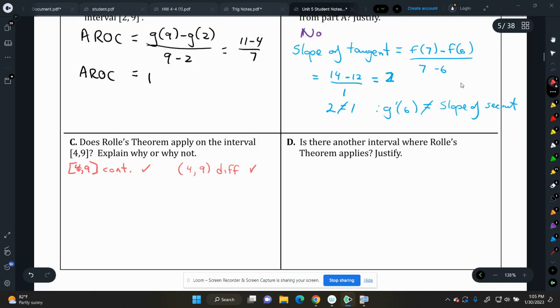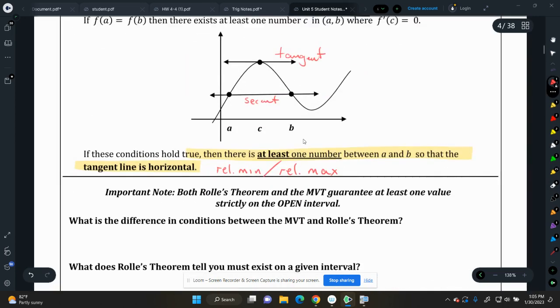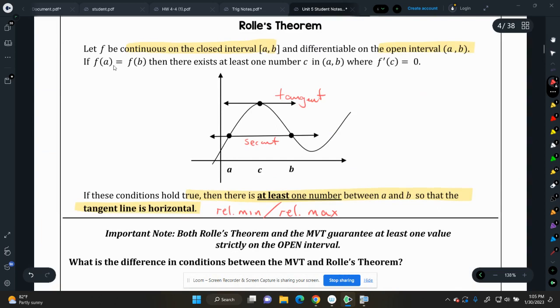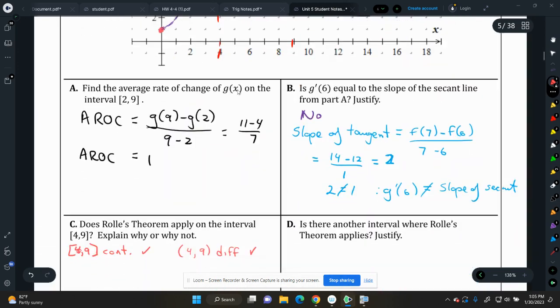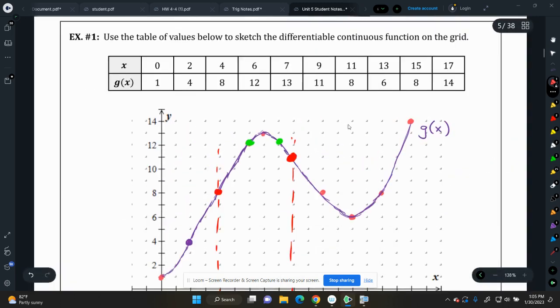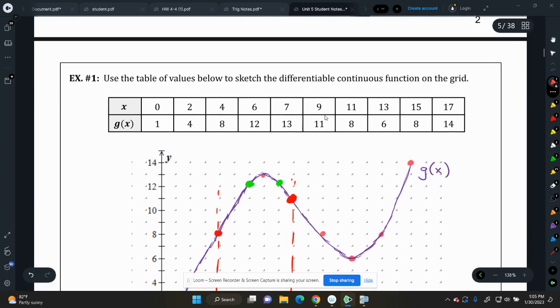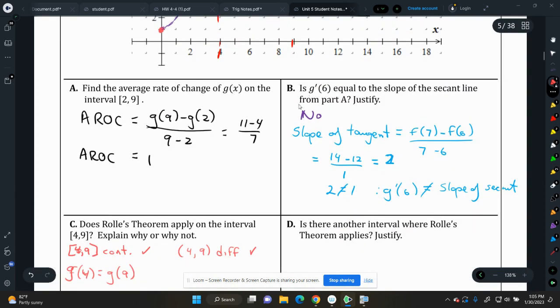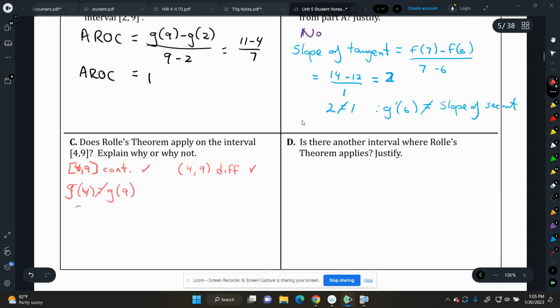Okay. Now look at the definition. If f of A equals f of B. Now in this question, what is A and B? 4 and 9. Does f of 4, or g of 4, equal g of 9? No. G of 4 equals what? G of 4 is 8. G of 9 is 11. Right? 8 does not equal 11. Therefore,